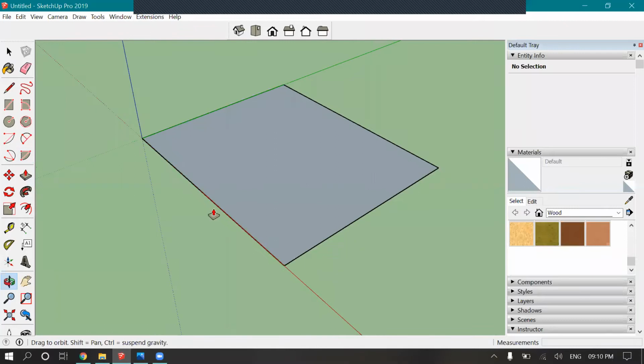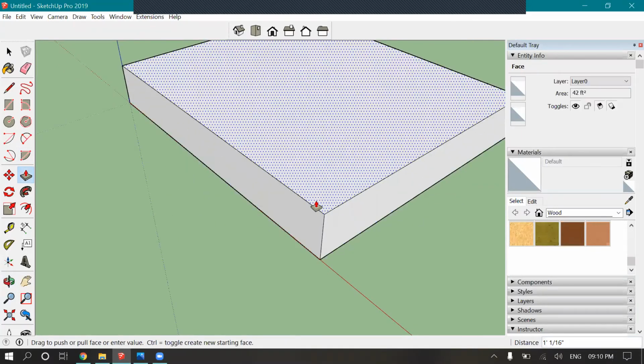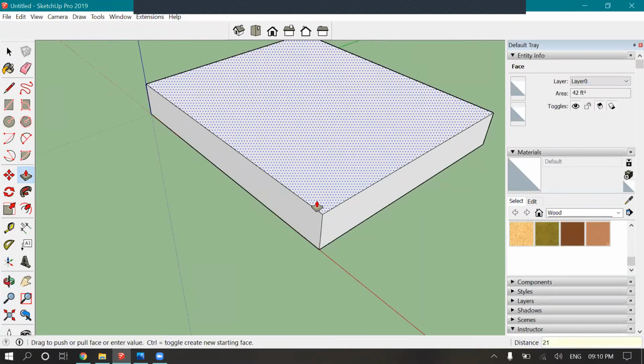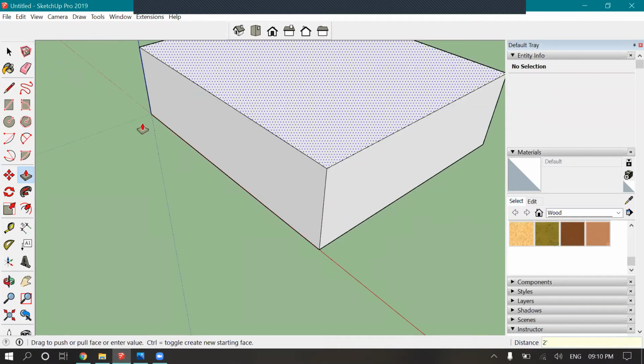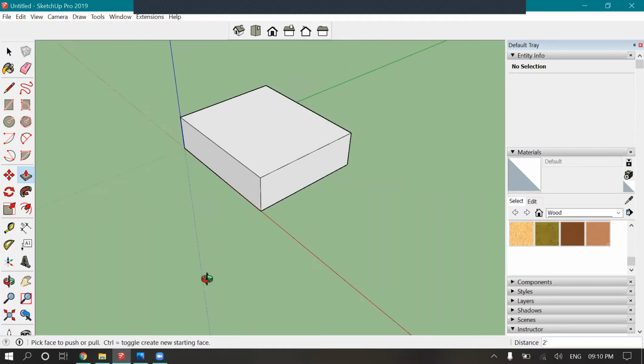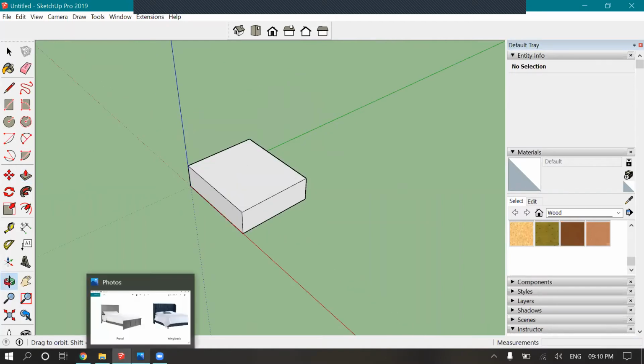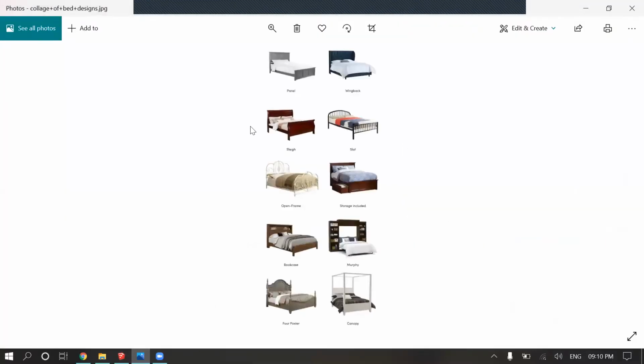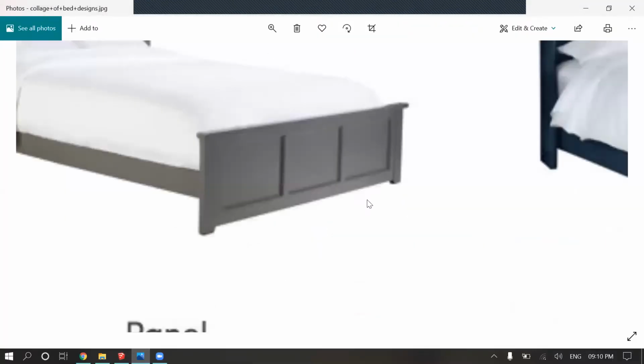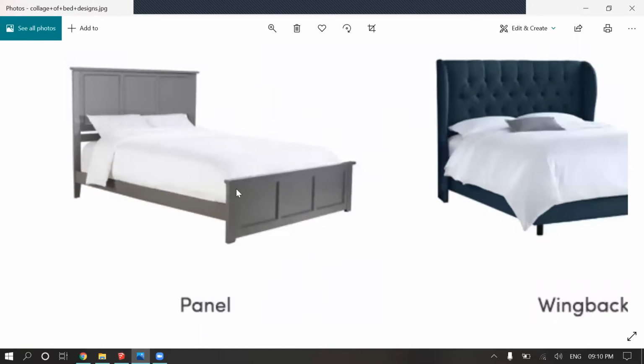Let's say our bed height will be 2 feet. So this height we have taken as 2 feet.